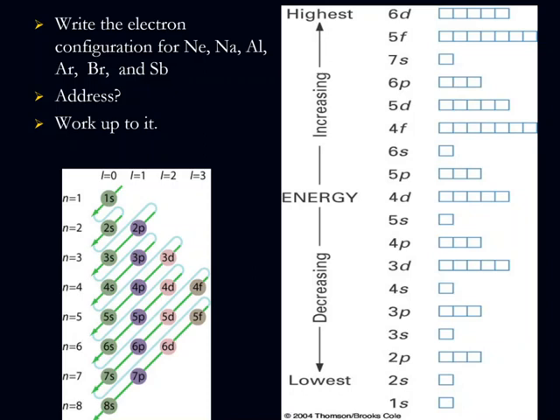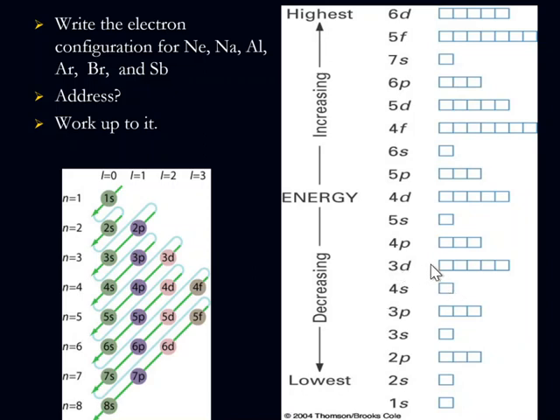Bromine, let's do that one. Bromine has 35 electrons, and it's going to exist in my n equals 4 block. So I'm going to be all the way up here to the 4p whenever I do my bromine. And I'm going to fill all those electrons in all of these subshells. So I got 35 that I can put in here. So I'm going to have 1s2, 2s2, 2p6, 3s2, 3p6, 4s2,